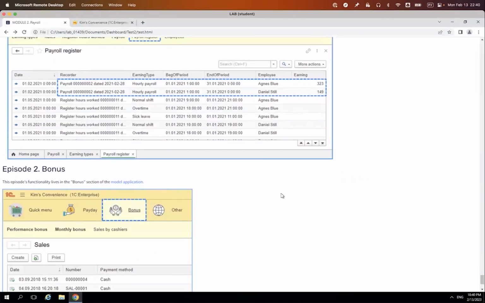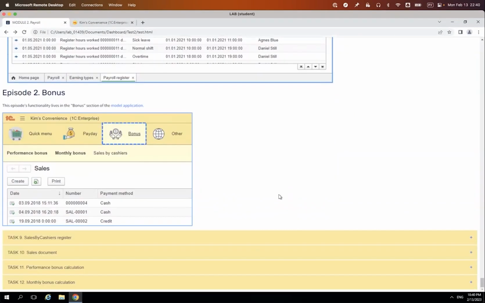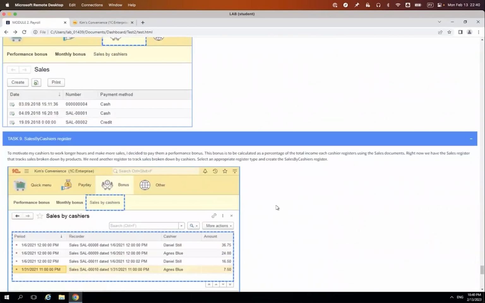Okay, and the second part is bonus, and this is what you should do. So in this case, the requirement of the task is to calculate bonuses according to the performance of your employees. So, for example, if you sell something, you want to reward the salesman who sells more than others. So you want to pay them bonuses based on the amount of money that they brought to the company, because this shows how good they are or how bad they are. If they are bad salesmen, they bring less money and they should get less bonuses.